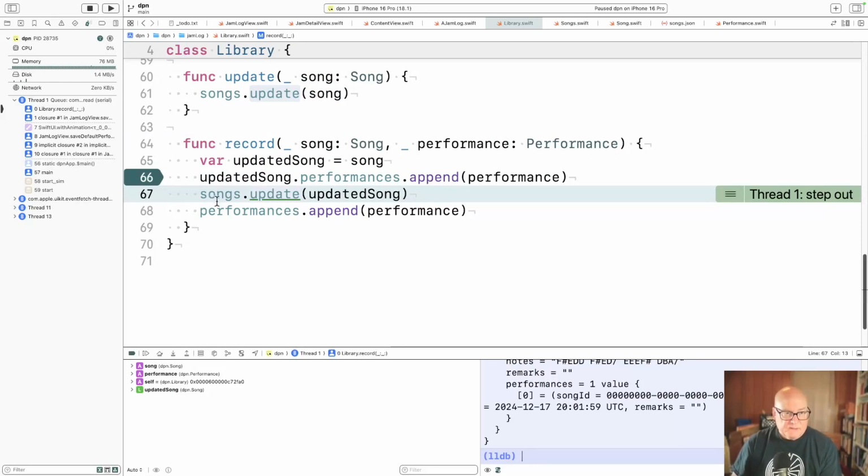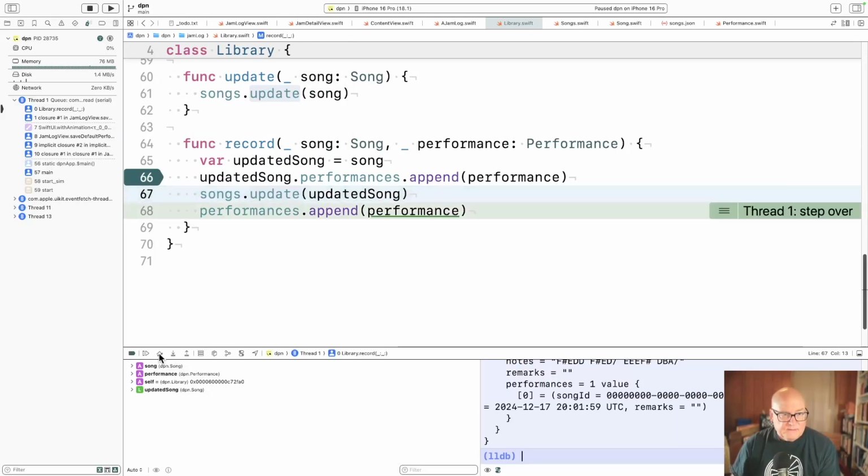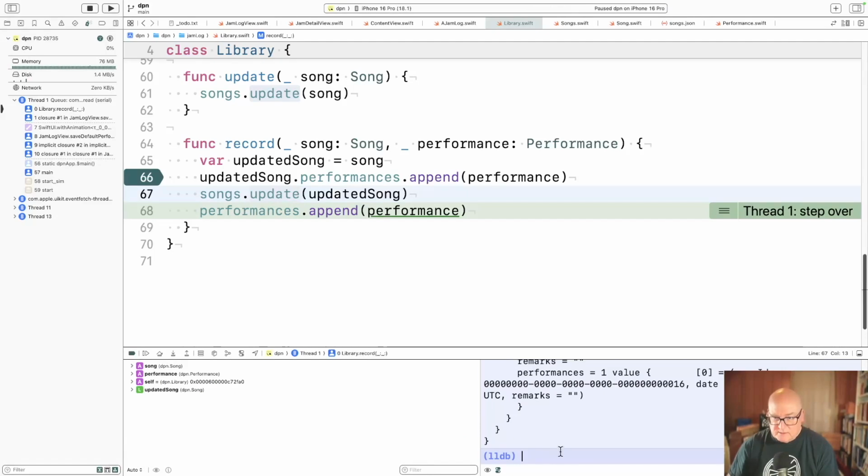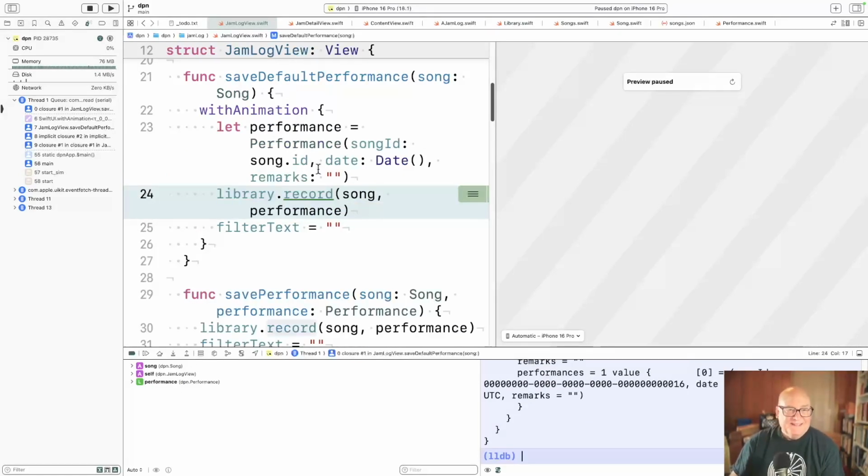Okay, so songs.update should have. So songs should have waterbound with performance. I probably should have put a remark on it, and then I'd know what I was saying, but okay. So at this point, songs.record seems to be doing what we want. Yeah, so what's the problem? Okay, library.record, song and performance.